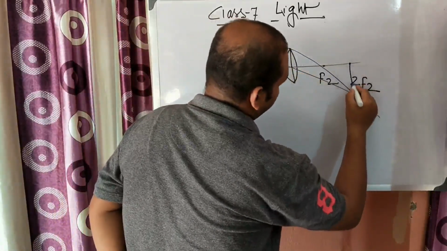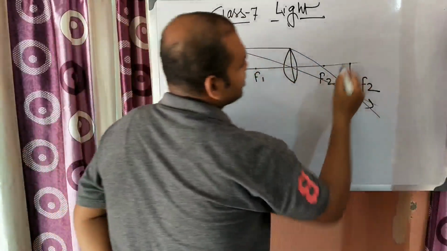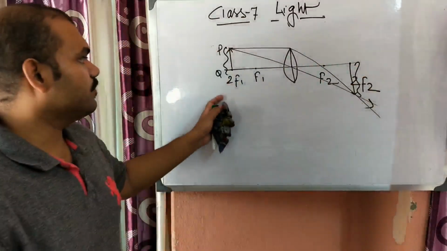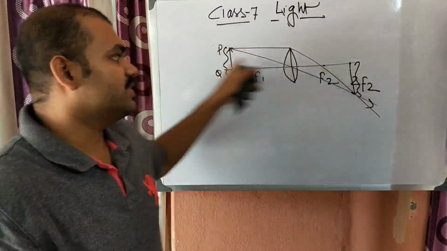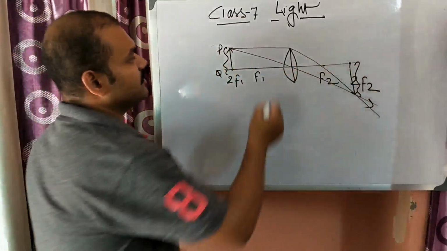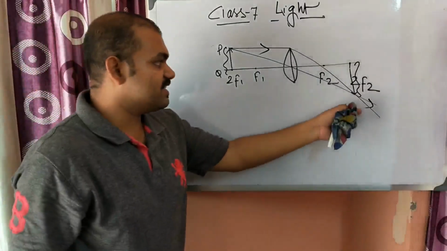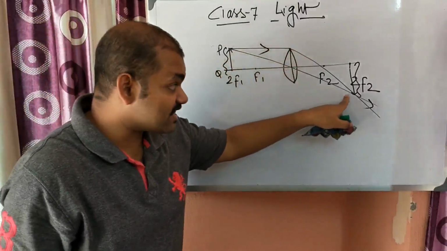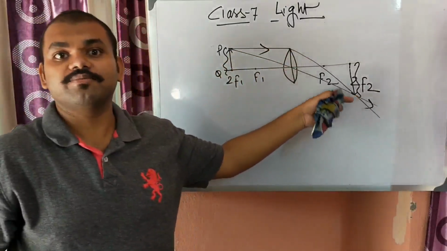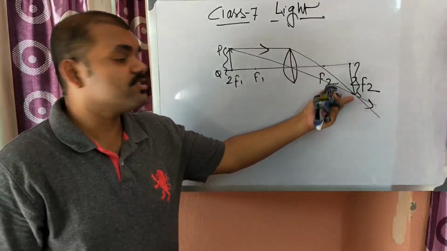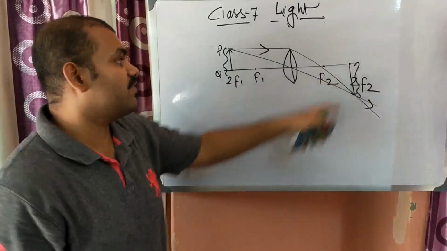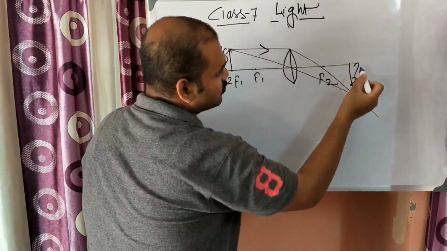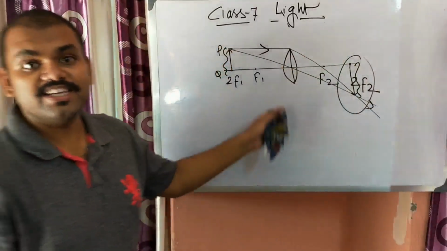So an image is formed here, at 2f, and the image will be of the same height as the object, and the image is real. Why is the image real? Because these two rays after refraction actually meet at a point. When it actually meets at a point, the image so formed is known as a real image. And this is inverted, because the object is like here, but the image is like here. So it will be an inverted image.